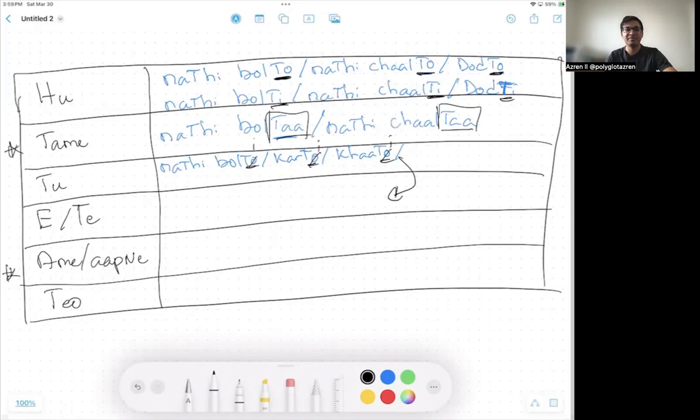For ame apne, we have the same concept. If we look at some, let me pull up my notes here on my computer. Here we go. For all of the ame and apne, same thing. We're gonna have these ta. Ame apne is gonna be ta as well. So nati bolta, nati chalta, nati dorta, nati whatever, ta. For teo,